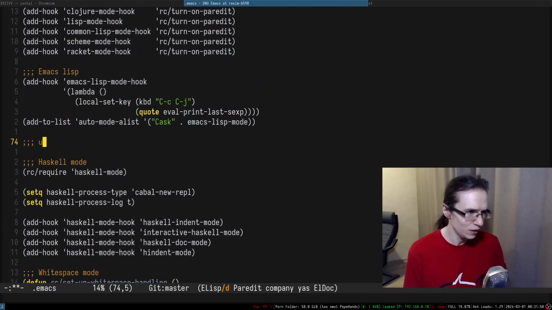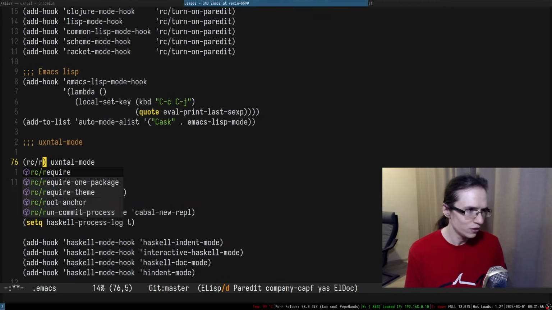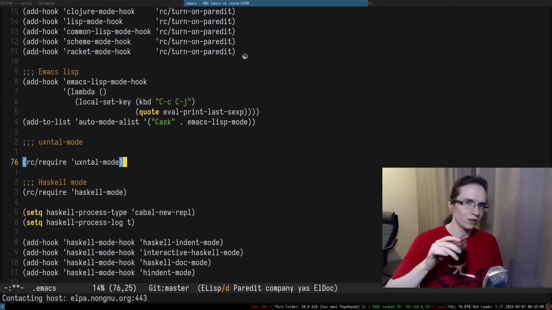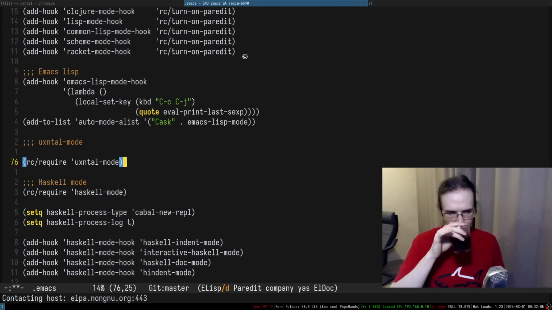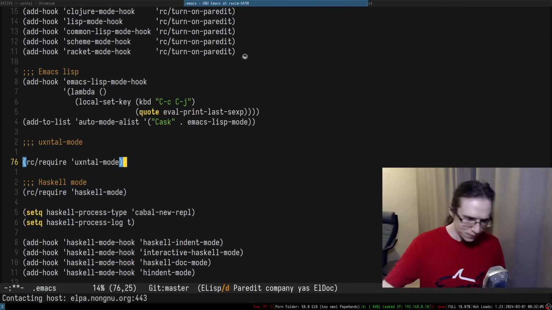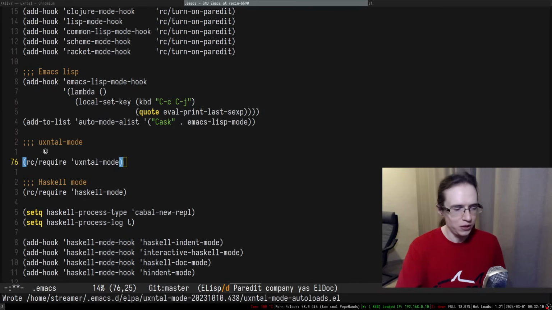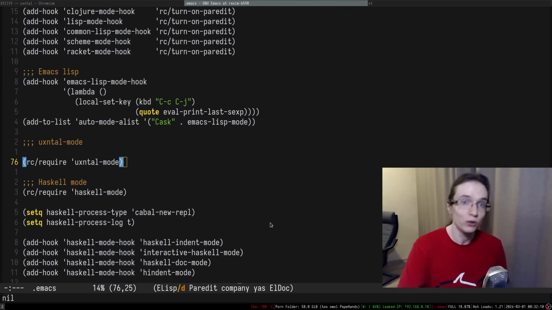So uxntal mode, and I'm gonna just do rc require and just install. It's my own sort of system for installing packages. It's a special macro that checks whether that specific package is installed, and if it's not installed, it installs it. If it's already installed, it just requires it.